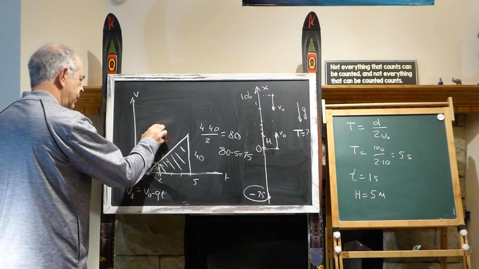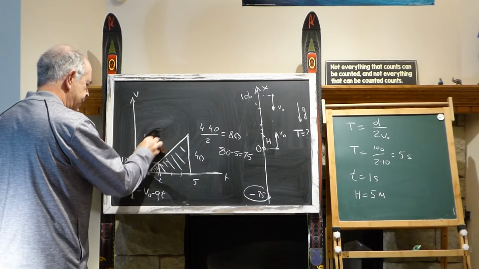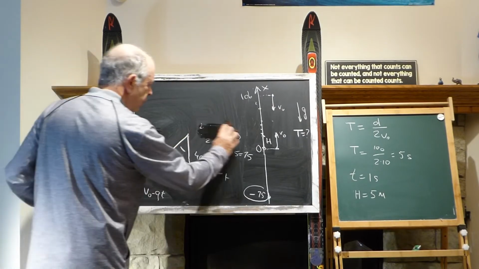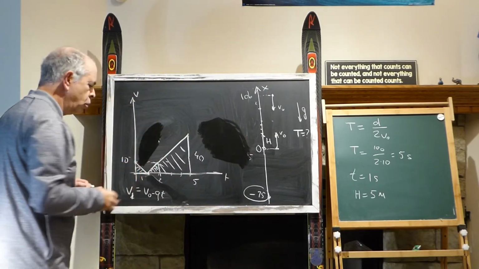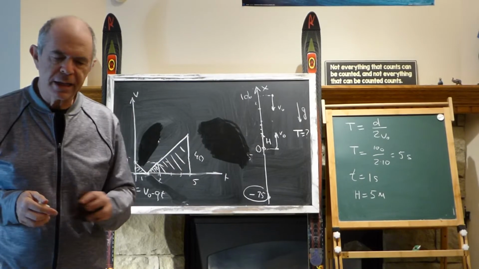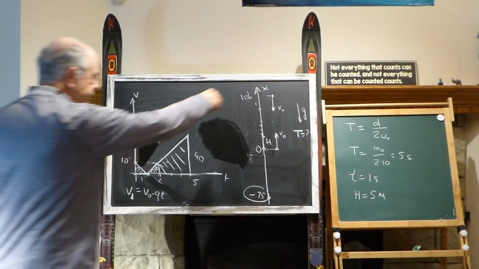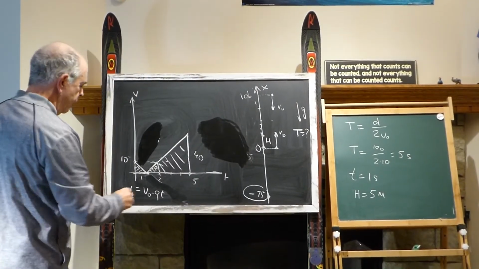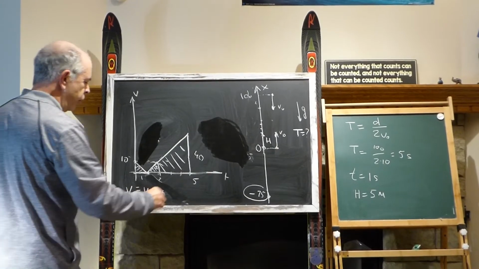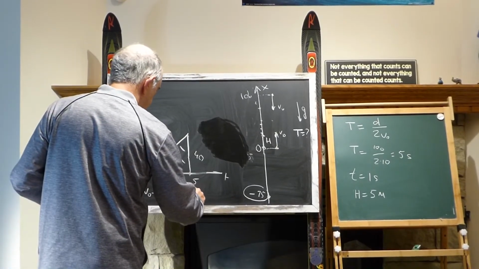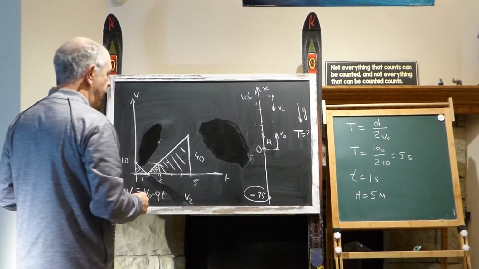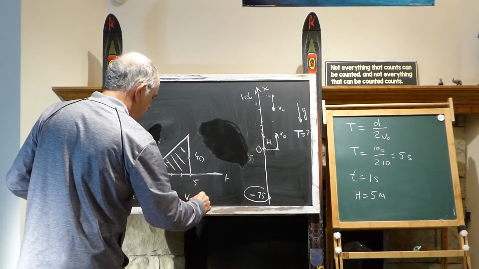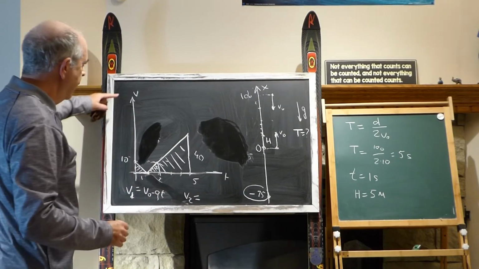And let's draw now the graph. Let's wipe it out. And let's draw the graph of the body that's going down. It's a second body. And this is V1, V0 minus GT. And this would be V2, right? V2